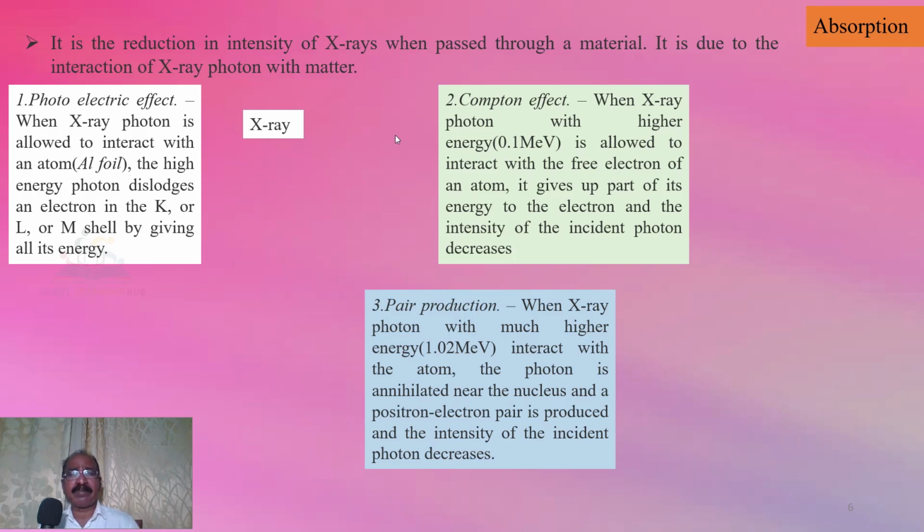Now we can see another property called absorption. X-ray is an electromagnetic radiation, and when this electromagnetic radiation passes through certain material, the intensity of the X-rays will undergo modification, will be absorbed, and the intensity will be reduced. Due to this we can come to the conclusion that this electromagnetic energy is interacting with the matter. Now this is an important phenomenon in physics. There is an interaction between matter and energy.